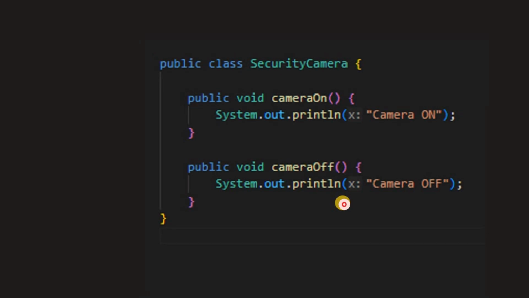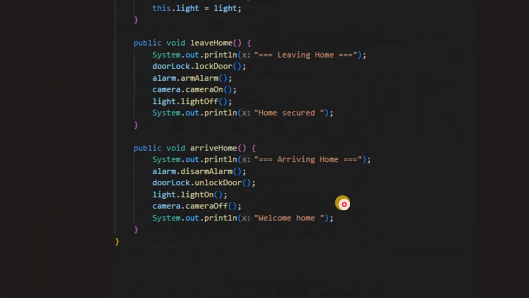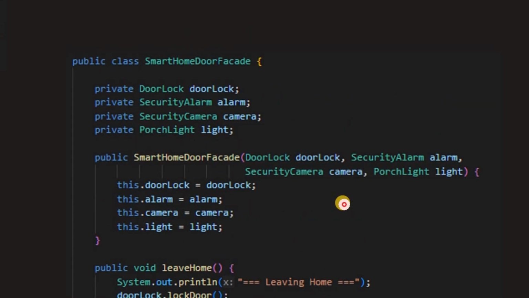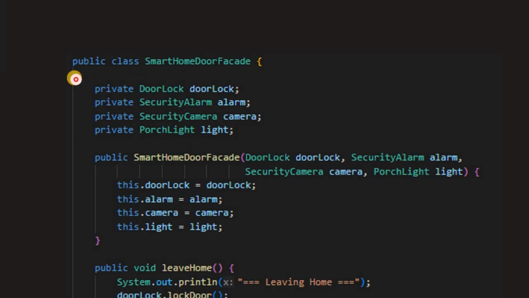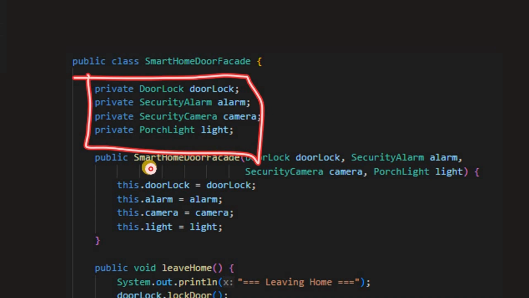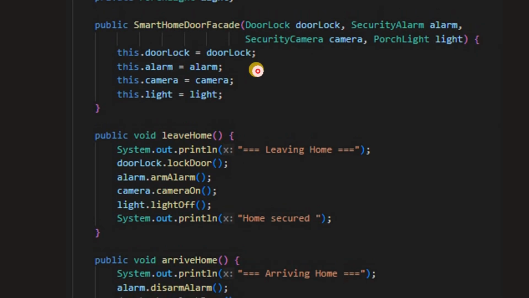Since we have a lot of classes and we want to call methods from all those classes, we're gonna write a facade class. That's where our facade comes in. We have a smart door facade written over here. This is a class, and it contains all the device classes as fields. We made the classes for all those devices and put them as fields, and the constructor for the facade expects all these objects. So you need to pass all the objects that you want, and once you create the object of the facade,